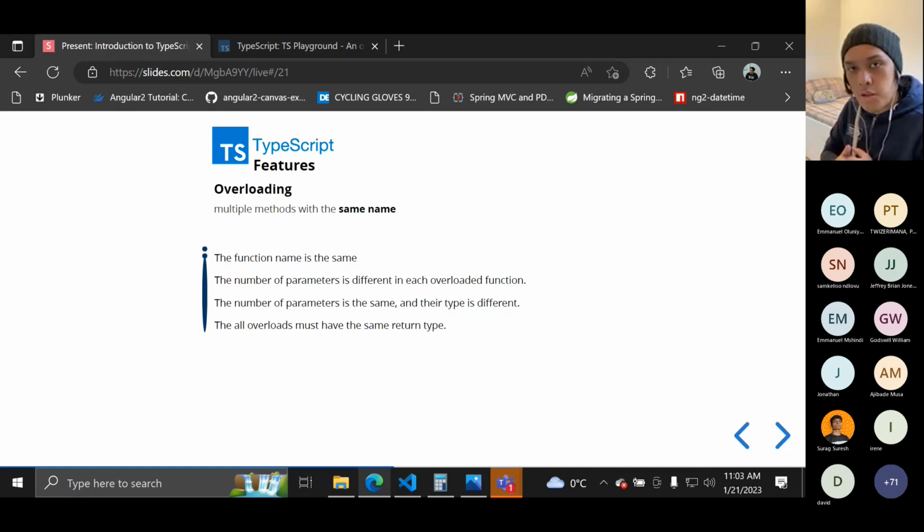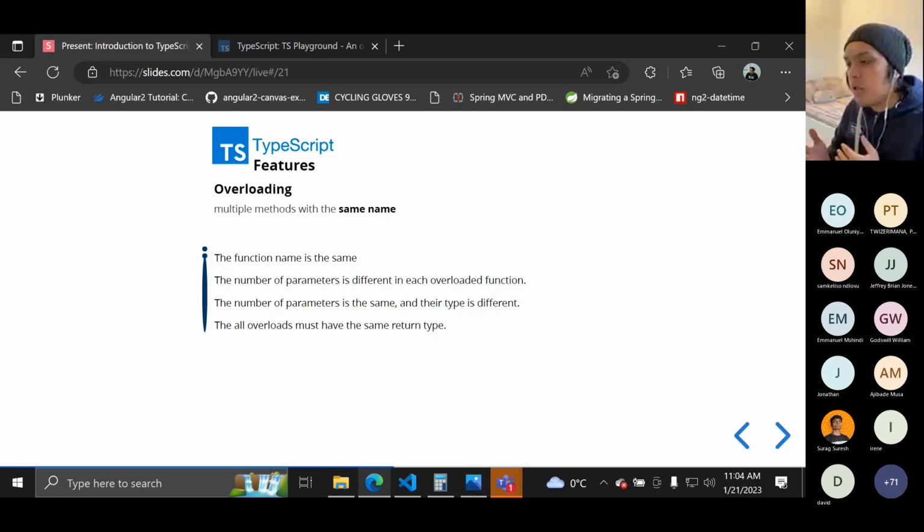This is the first rule. Next is that the number of parameters is the same, but their types are different. The number of parameters of two or more functions can be the same, but the condition here is their type should be different.